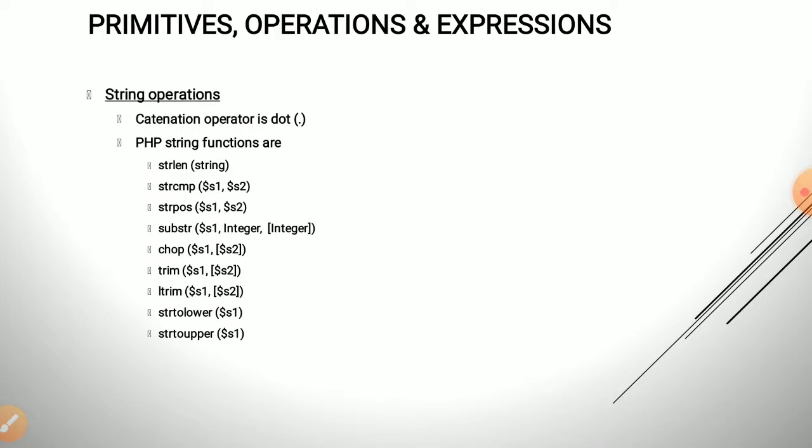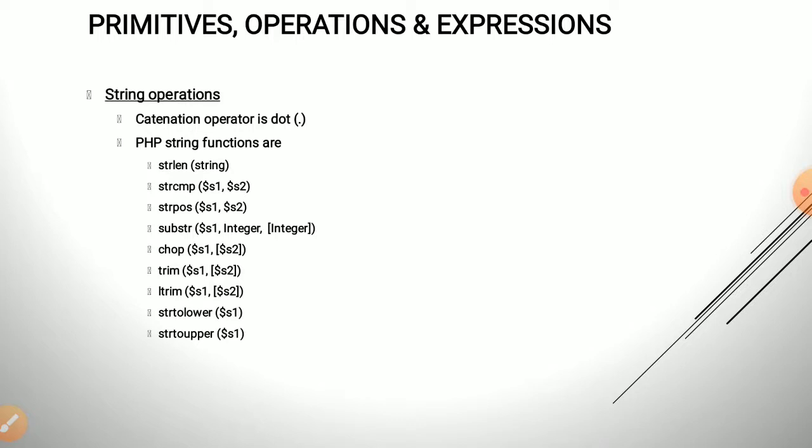In the same way, in the trim method, characters are removed from both ends, and in the ltrim method, characters are removed from the beginning. So ltrim removes characters from the beginning, the chop method removes characters from the end, and the trim method removes characters from both ends. We can specify the character to be removed as the second argument, which is optional. Otherwise, if the second argument is not specified, it will remove \0, \t, \n, \r etc.